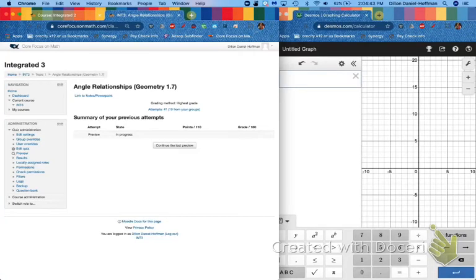Angle relationships. This is going to be our final lesson in this current geometry unit. We will, as I said before, eventually get to trigonometry. We'll get to some distance formula stuff, review Pythagorean theorem. But for now, we're going to finish off just barely dipping our toe into the world of proofs, which